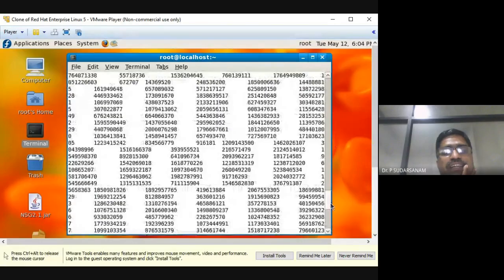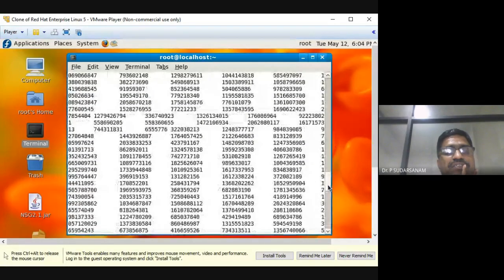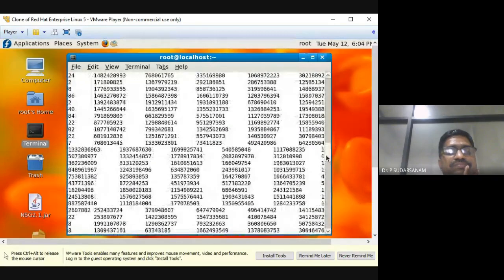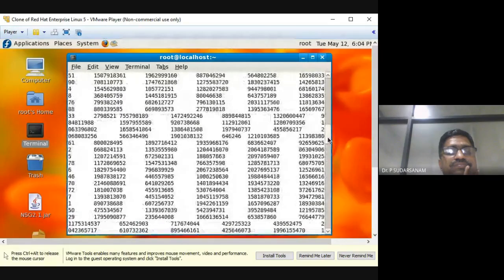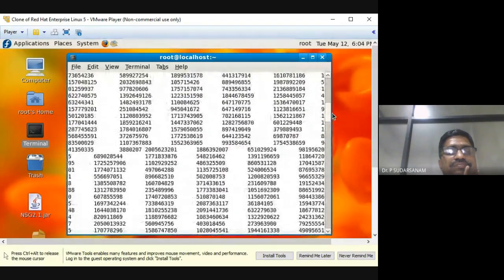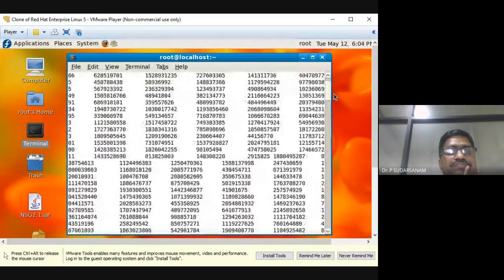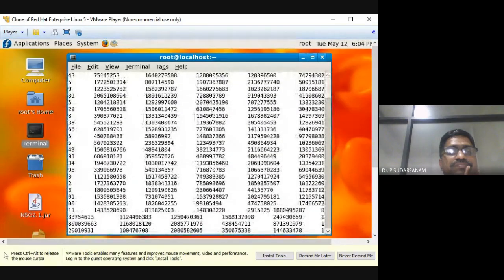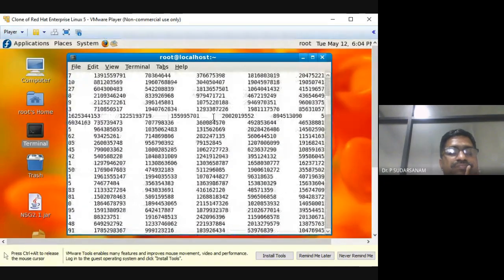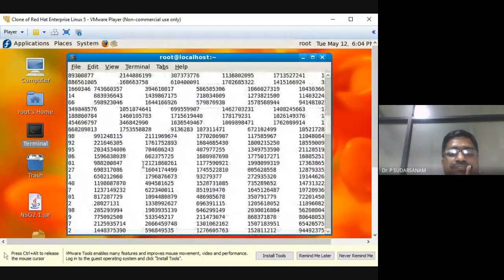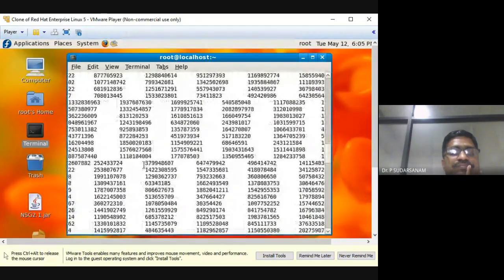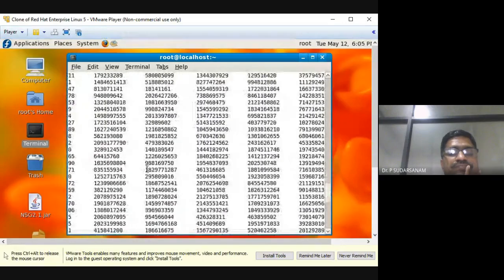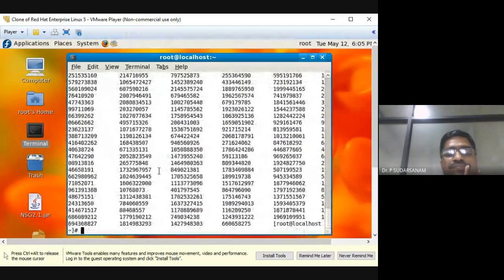You can count from where to where. So it has generated 1 lakh. That is the way of generating the random numbers.